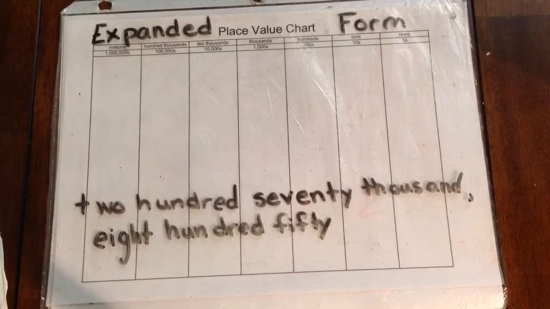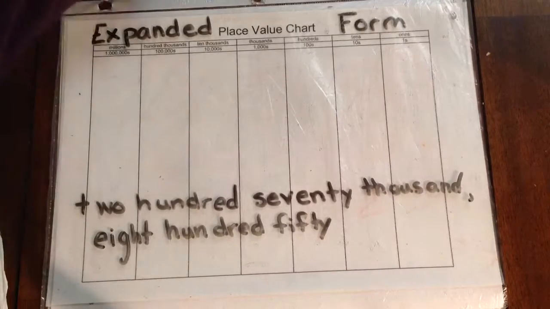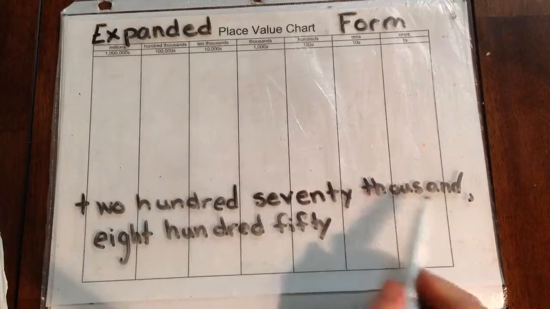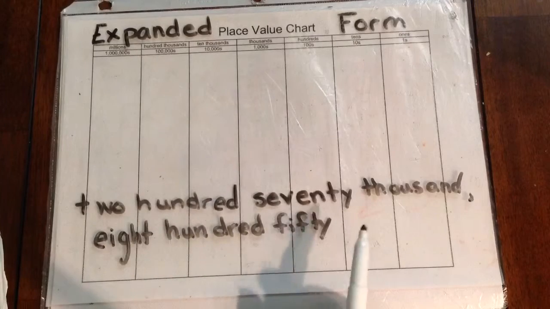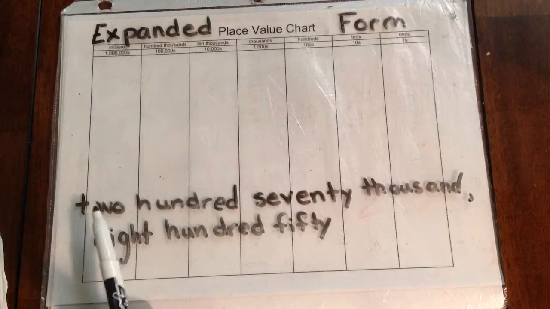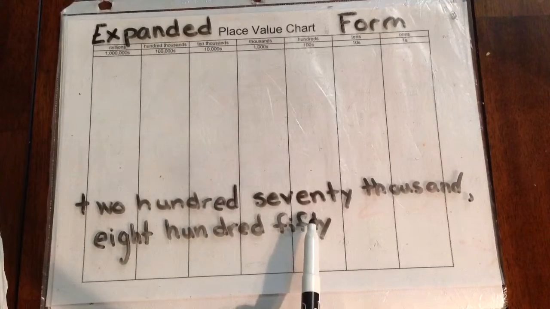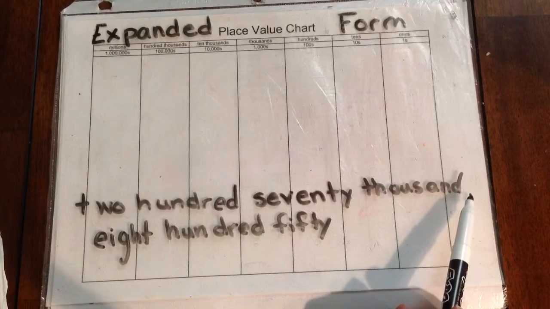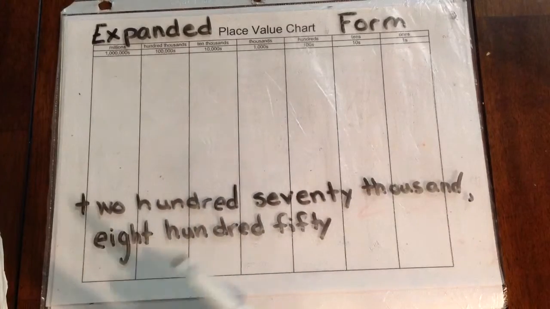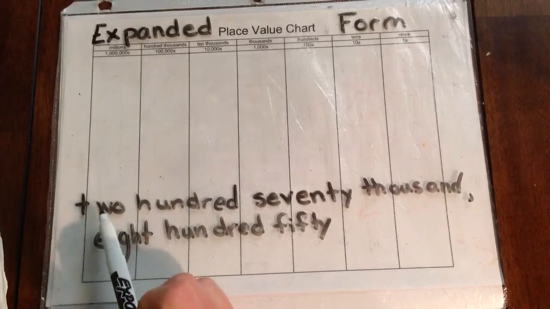The next thing we're going to do is we are actually going to take our word form and put it into standard and then expanded. So we're going to kind of go backwards. So here's my word form. You can pretty much break this up any way that works for you. I personally like to start at the beginning and go to the end. But you may be happy with, oh, there's just one comma. Well, that means 850 goes right here. Whatever works for you. I'm going to start at